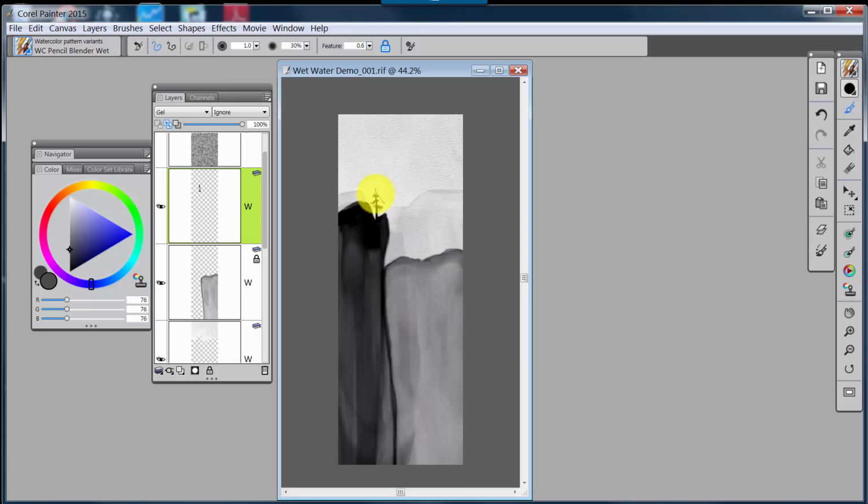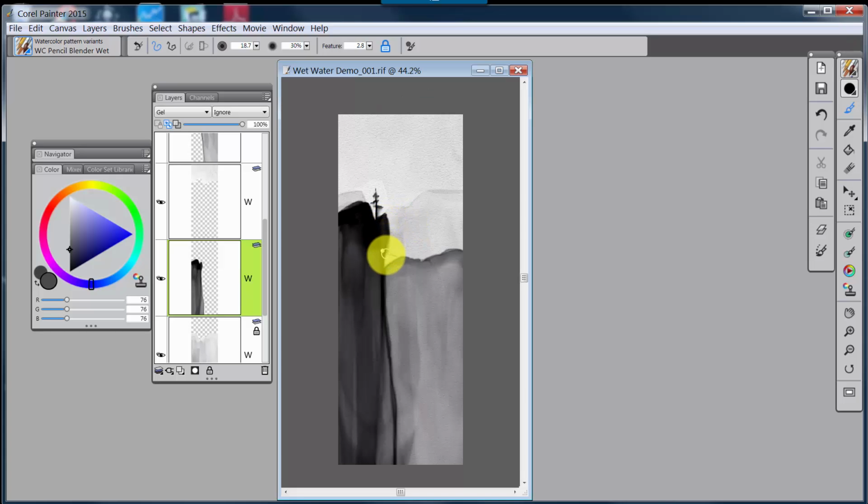Yeah, there we go. It's ever so slightly, but that little bit of wetness that we get is much more authentic than what we had. I'm going to go to this darker layer as well. This one right here. Take the lock off. I'm going to make that brush a little bit bigger, and I'm going to soften that line as well. See how that just softens that? And I'll bring it down and let it soften this as well,